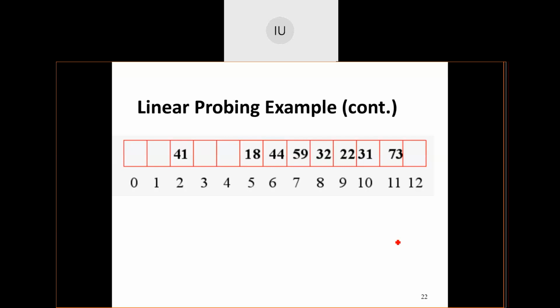The nearby positions are occupied by the next elements that are coming in. So I call that kind of problem associated with linear probing clustering. I have something called primary clustering. It talks about only one part of the table getting populated. So this is a major drawback associated with linear probing, what I call clustering.